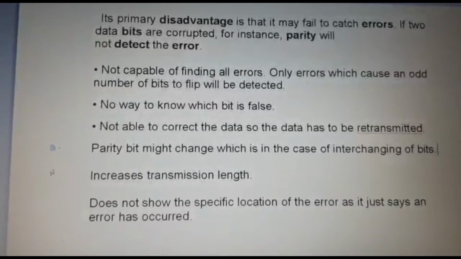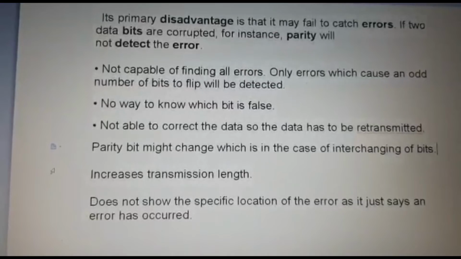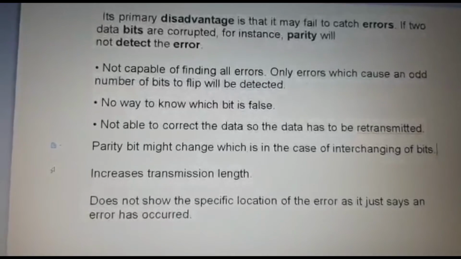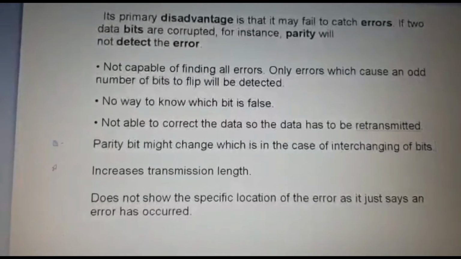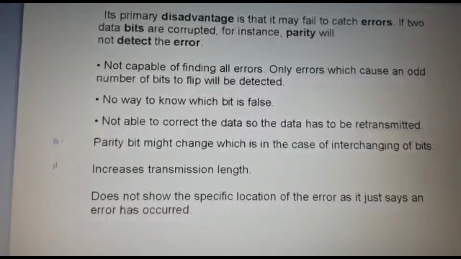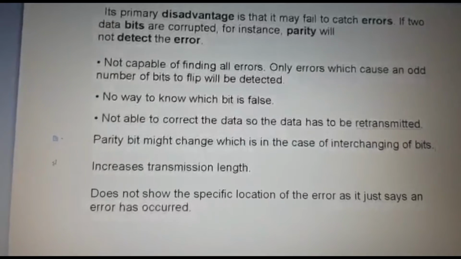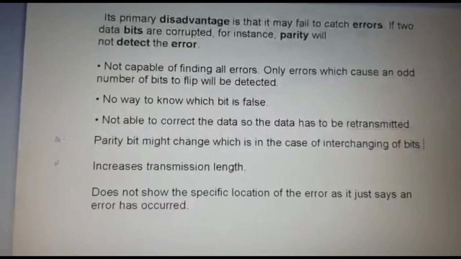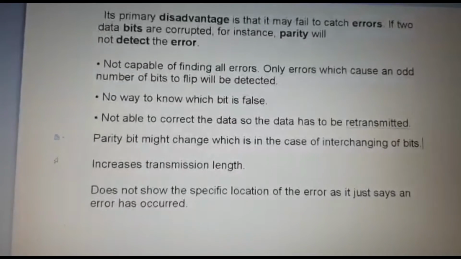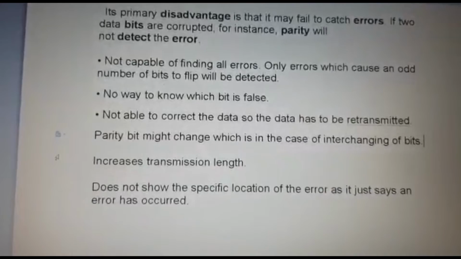And there is no way to know which bit is false in the parity bit. Since it will not be able to correct, the data has to be transmitted without correction, as the parity bit might change in the case of interchanging of bits.